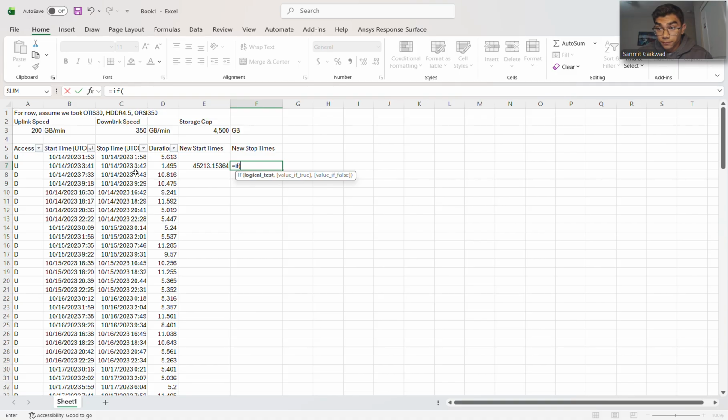If the current one is a downlink, and the next one is an uplink, then if your current one is a downlink and your next one is an uplink, instead of